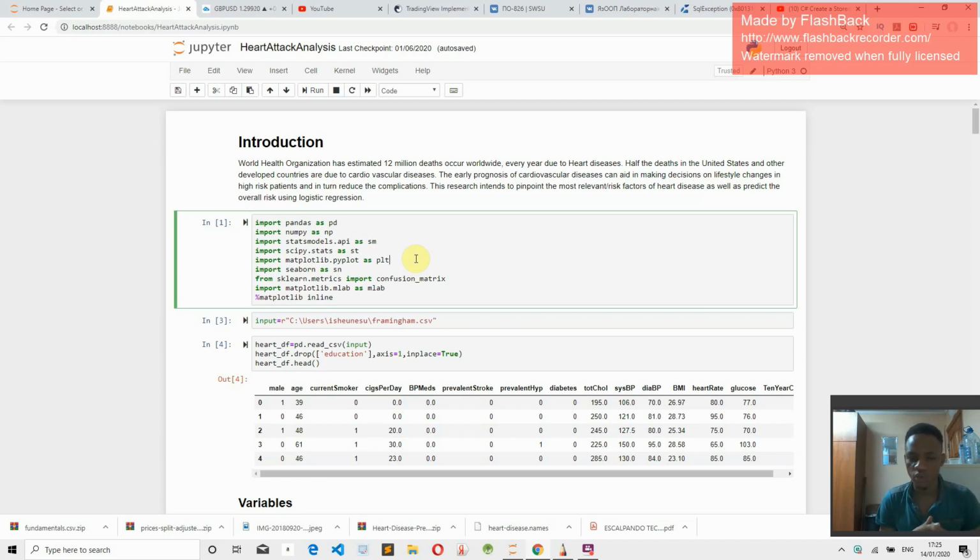So let's say you are hired by a hospital to analyze their data set and to predict if someone has a coronary heart disease. This will help the doctors give the patients medication or tips on how to change their lifestyle and diet so that they can reduce the risk of dying from a heart attack. So the first thing we're going to do is import